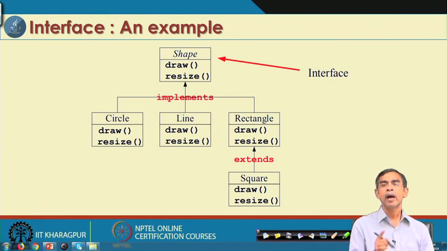If you have an interface, it gives you a structure that you can follow to create similar types of objects, and then we can use this in our program. So, this is the concept, and we have a good example so that you can understand it.